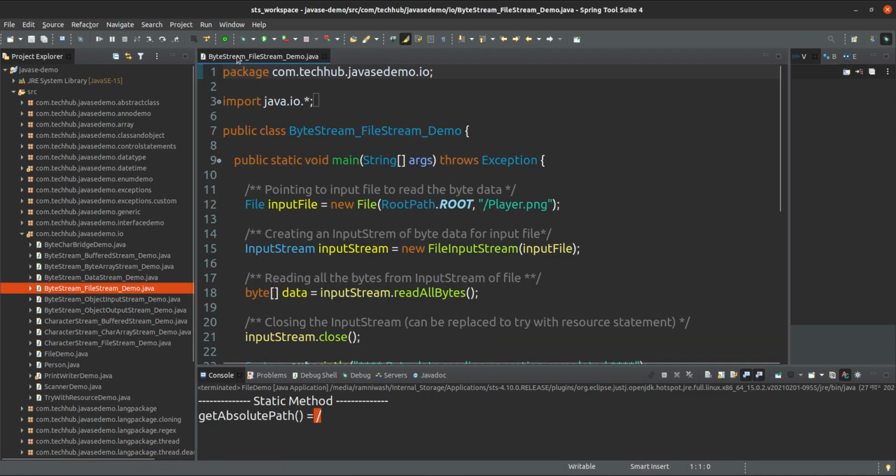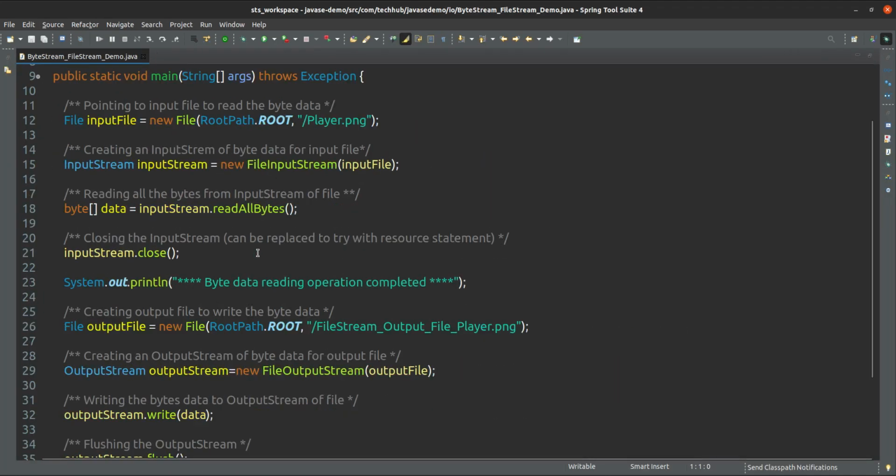If you see this code, at line number 12, we are pointing to an input file to read the byte data, and that file is player.png.